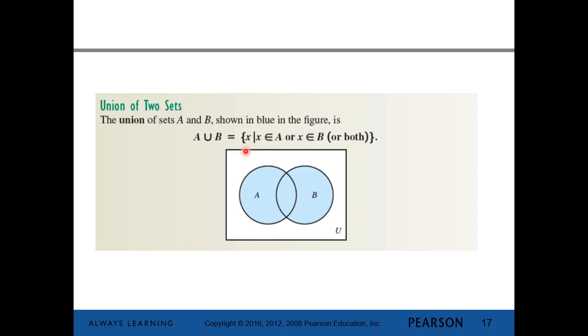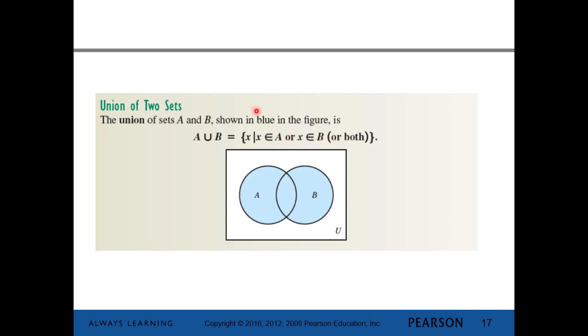So the union of two sets A and B is where we're going to basically take everything in A and everything in B, put them all together, and get rid of any duplicates. Okay? And so we use this U symbol here as a union. So A union B is the set of all elements such that x is an element of A, or, there's another keyword, or x is an element